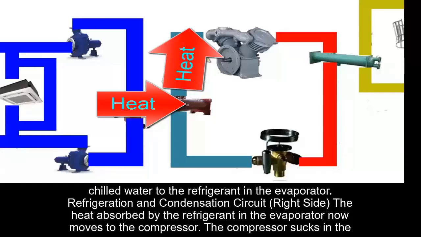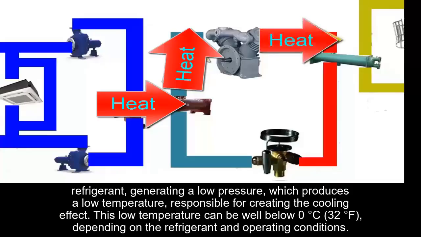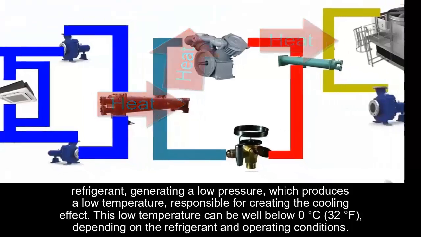Refrigeration and condensation circuit, right side. The heat absorbed by the refrigerant in the evaporator now moves to the compressor. The compressor sucks in the refrigerant, generating a low pressure, which produces a low temperature, responsible for creating the cooling effect. This low temperature can be well below 0 degrees Celsius or 32 degrees Fahrenheit, depending on the refrigerant and operating